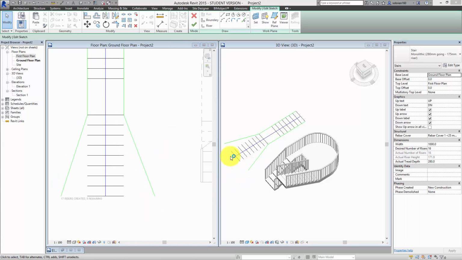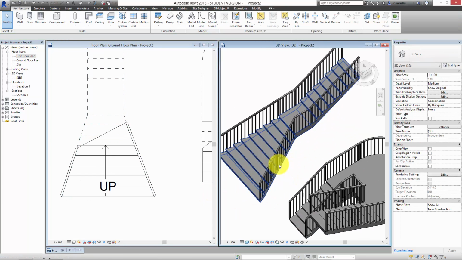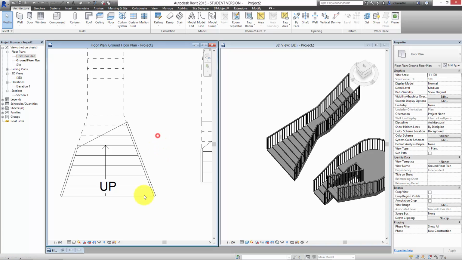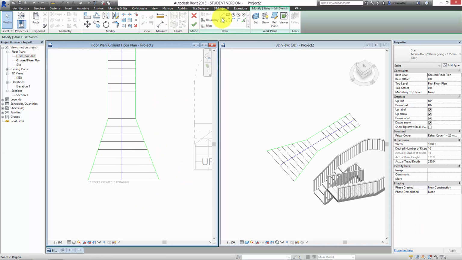And if I just do that and accept it, the stairs is shaped like this. So then we can continue playing with this. So I'm going to select it again, edit the sketch, and let's make the